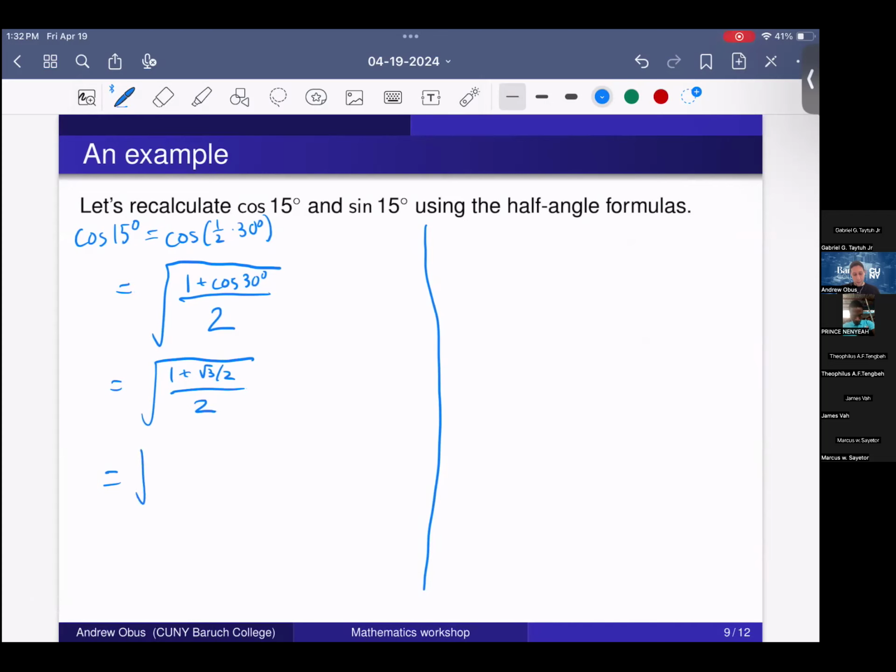This is going to be the square root of, we can get a common denominator, 2 plus square root of 3 over 2, over 2, right? Because 1 plus root 3 over 2 is 2 plus root 3 all divided by 2. And this is equal to the square root of 2 plus square root of 3 over 4. And this is equal to the square root of 2 plus square root of 3 divided by 2,